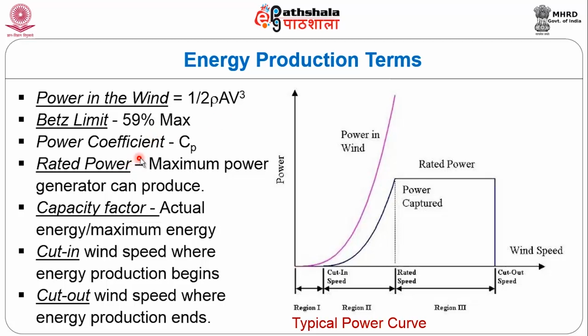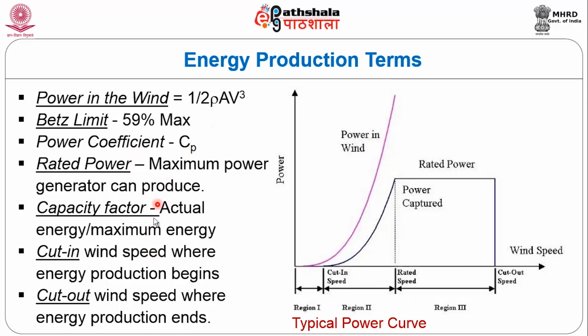and the power coefficient, that is C suffix P, and rated power, that is the maximum power a generator can produce. Capacity factor is the actual energy divided by the maximum energy available. Cut-in speed is the wind speed where energy production begins. Cut-out wind speed is where energy production ends. These are all very important terminology, and the Betz limit is 59%, and the power in the wind is about half